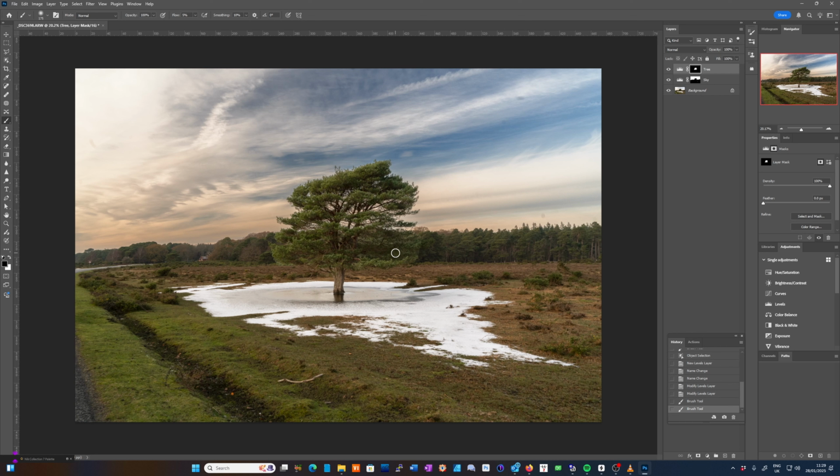So there we are. So if we were going to leave, I wouldn't leave the photo like that. There's a couple of things that I want to do. There's some dust spots over here, and this ditch running over this way is taking you away from what I want to be the subject. I want the tree to be the subject, but this is taking you away and sending you up to that little house in the distance, which is not what I want. So I want to get rid of that. There's a couple of ways I could do it. I could just crop all that lot out,